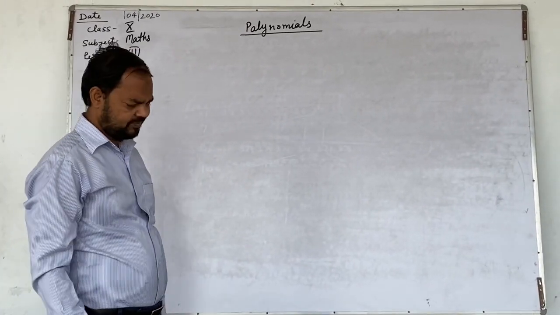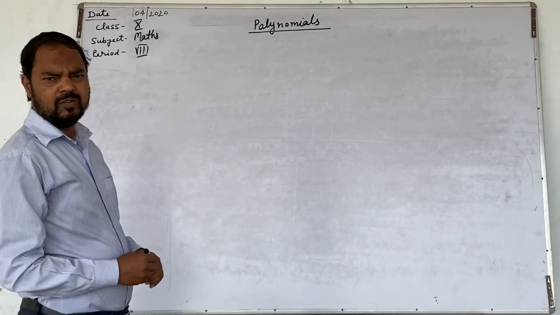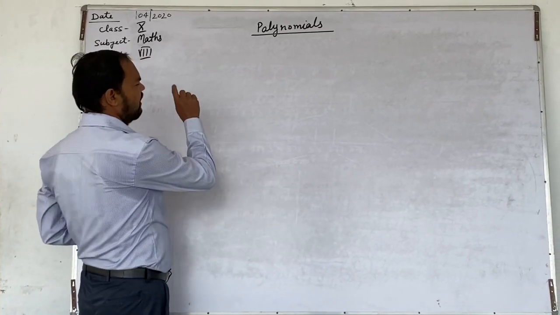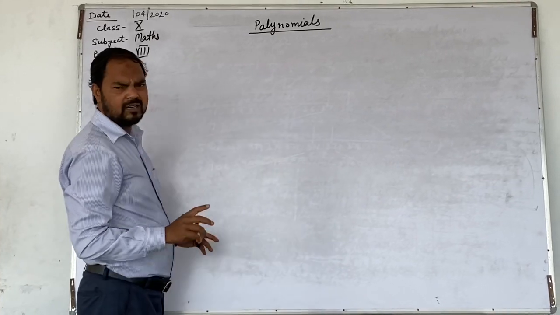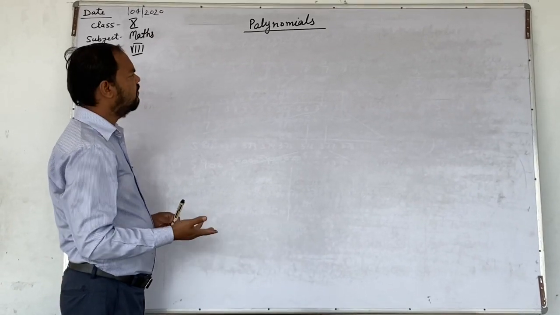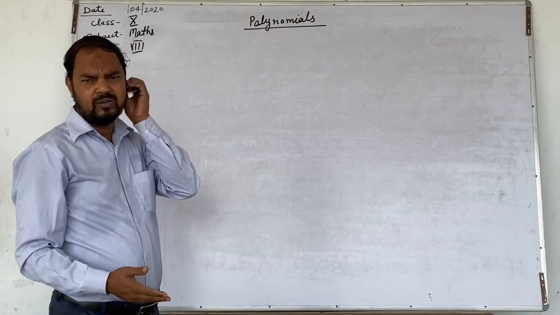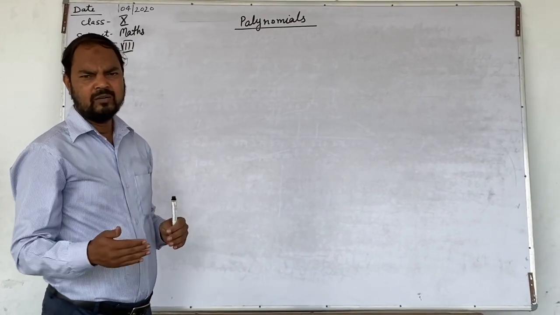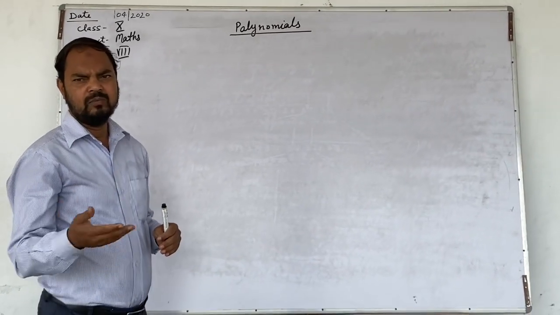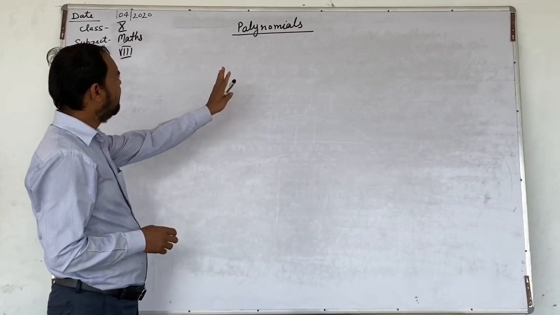Dear students, in class 9 and class 8 we have studied about polynomial. What is polynomial? In brief, an algebraic representation containing two or more than two terms is called a polynomial. And in the last classes, class 9 and class 8, you have also studied about polynomial, monomial, binomial, trinomial. One term is monomial, two terms is binomial, three terms is trinomial, and so on. So all these have the common name polynomial.